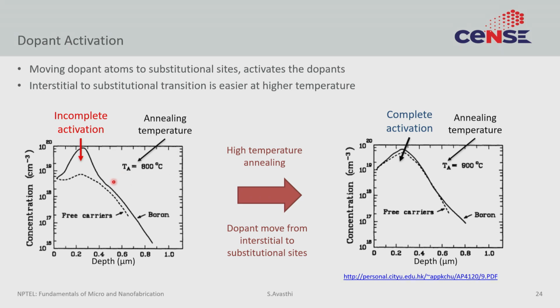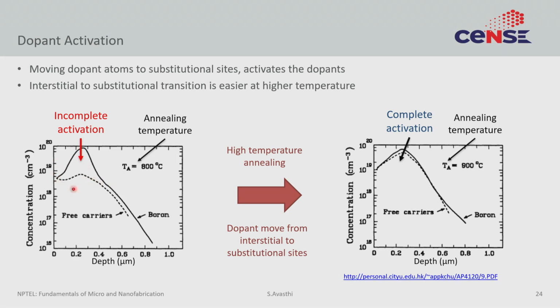So, what that can lead to is that even though you have a lot of dopants, not all of these dopants are actually electrically active. If you were to go and measure electrically active dopants, then you would get this dotted line. These are the free carriers, the carriers that are coming from the dopants, and all of this difference between this solid and dotted line are excess dopants that are not at a substitutional position or are not electrically active.